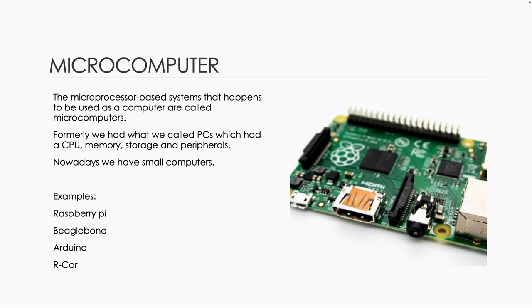The Arduino and Raspberry Pi are becoming extremely popular among developers who want to enter the embedded world. There are other microcomputers less common that are also available, such as the BeagleBone, which is very similar to the Raspberry Pi, but it has less support from the community. ARCAR, which is supported by Renesas. This is very common among developers entering in the automotive industry development.